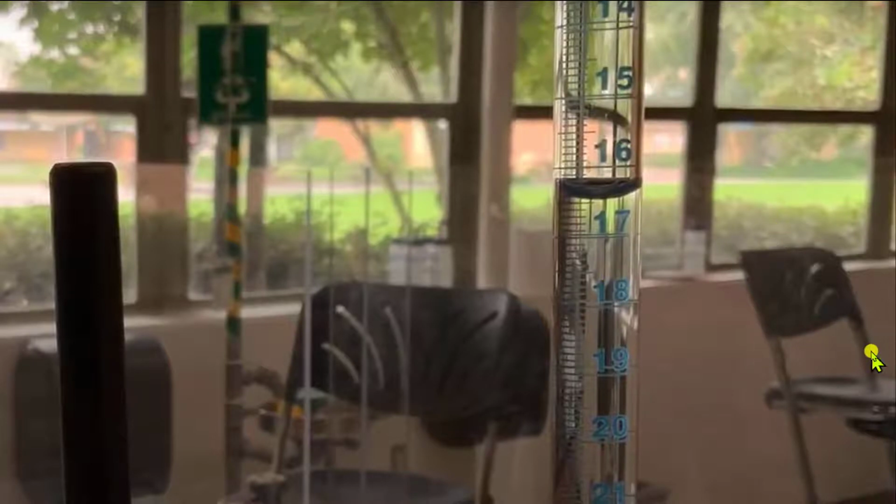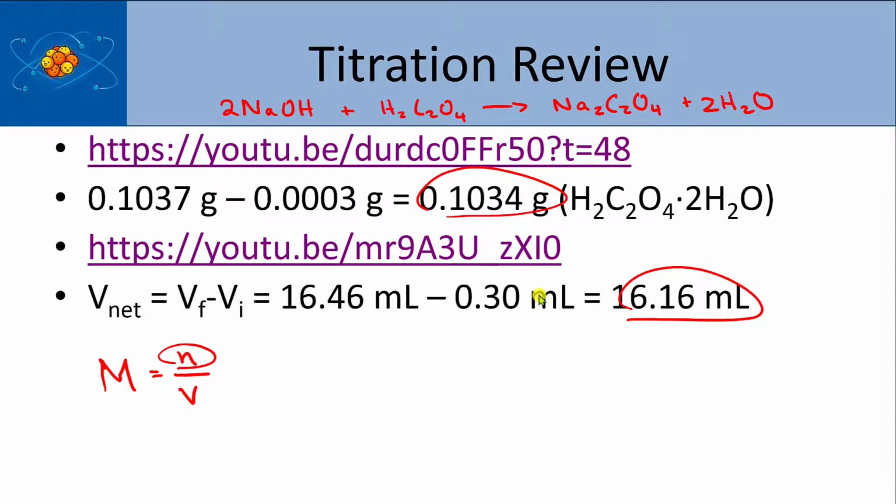So from that, we can do our calculations and calculate the molarity of our solution. Okay, so we need our volume in liters. I'm going to show you two ways to do this actually, but liters is the unit you want. So I usually write the unit to the left and say equals, and I go 16.16 mLs. And then we're going to convert, and you can either say 1,000 milliliters for a liter. That's what a lot of people are used to saying. I've always taught it as 10 to the minus third liters. That's 1 mL, because m and 10 to the minus third mean the same. So that becomes